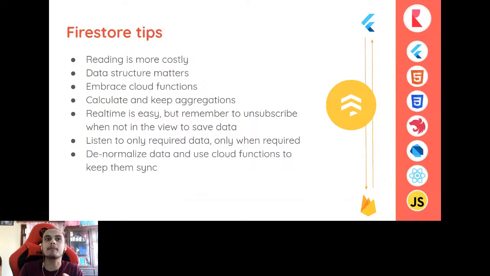We can keep the profile picture of the user, the name of the user, and email or anything else that we would like to display in the list. And we can use cloud functions to sync them, because whenever a user updates their profile picture or their name, we need to update it on all the reviews that user has made. And that has to be done. Doing it manually or from the client side is very expensive and not